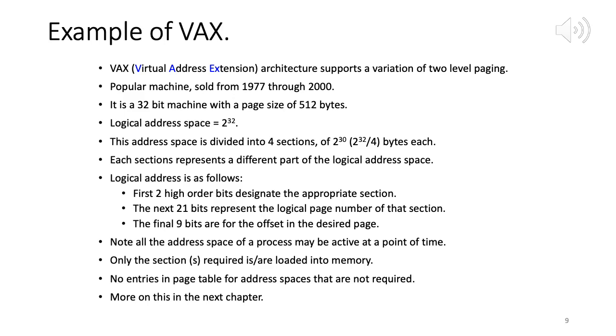Right. Just like we saw in the previous example, we had only 3 active inner page tables out of 2 raised to 10, out of 1024. Only 3 were active. So the rest of them were not active. So 1024 are total inner page tables. 3 are active. So 1024 minus 3, 1021 are not active. So their entries in the outer page table will be blank. So that is one advantage.